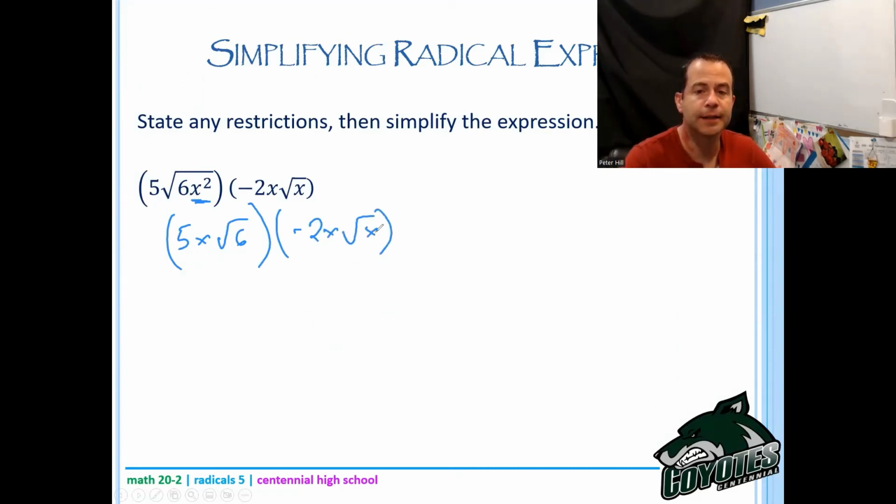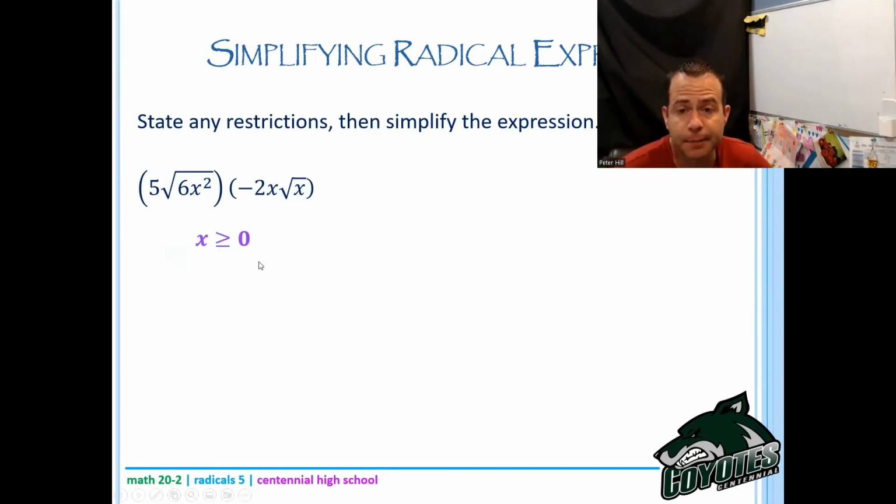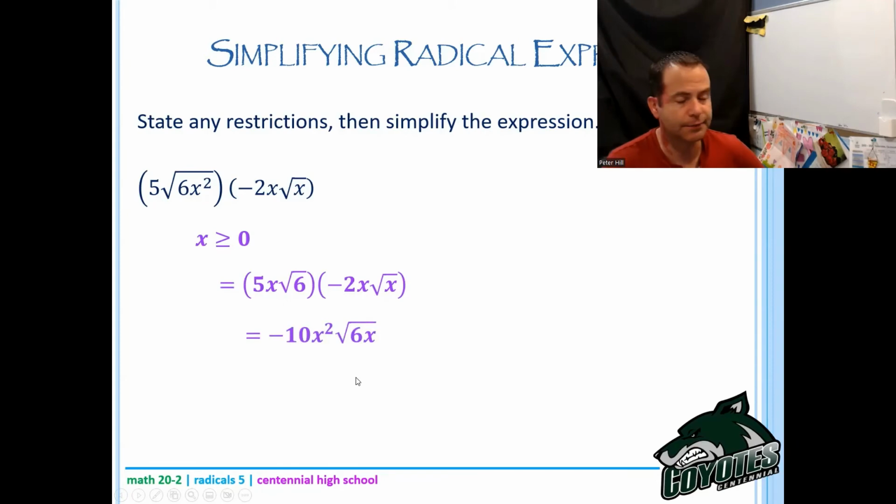And then 5x times negative 2x would be negative 10x squared. I stated my restrictions. X has to be greater than or equal to 0 because of this guy here, right? There would have been no restrictions here because it was squared, but this guy wasn't, so I do have to state that. Then I took out my x, and now I'm just doing that multiplication to get negative 10x squared